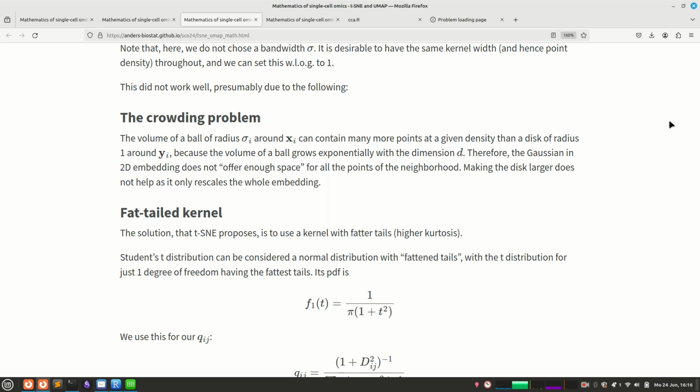And in this way we still exactly, or more or less exactly, solve our optimization problem. While in UMAP we do something else, namely